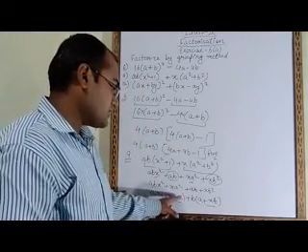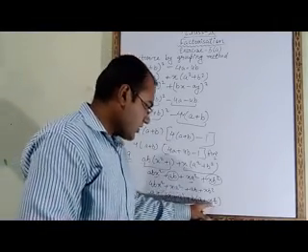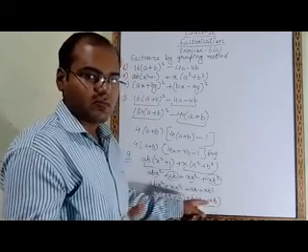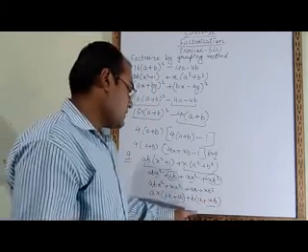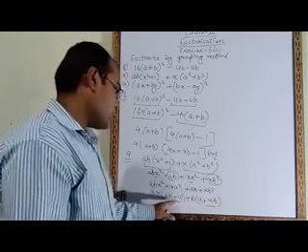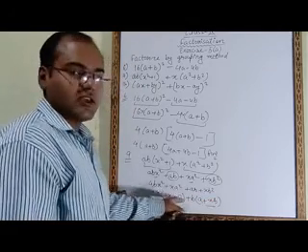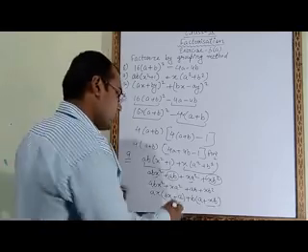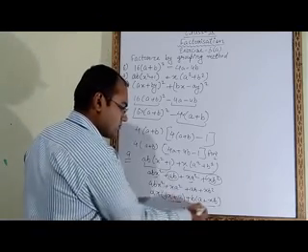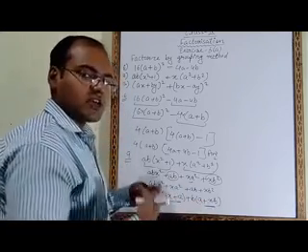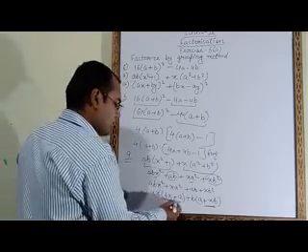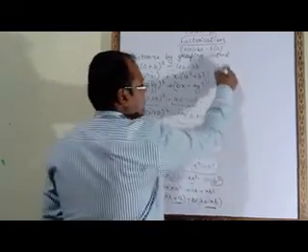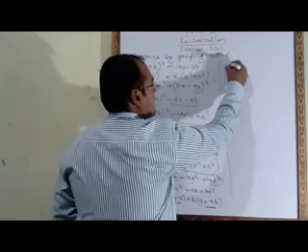Now you have to check whether these two brackets are same or not. Here it is bx plus a. Here also it is xb plus a. xb you can say, or bx, both have the same meaning. So a plus xb, this is xb plus a. Both are same. Now again we will take common. We will take these two things common because these are same. A plus bx is coming here also and here also. So we will take common a plus bx.